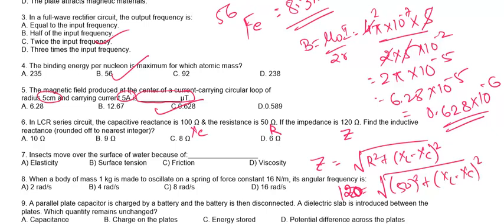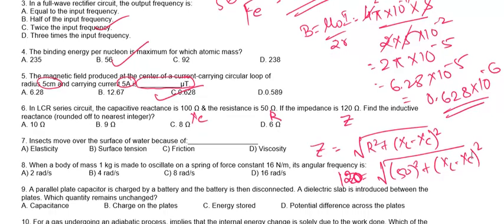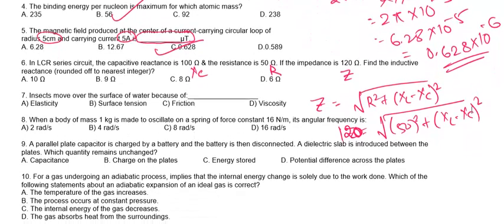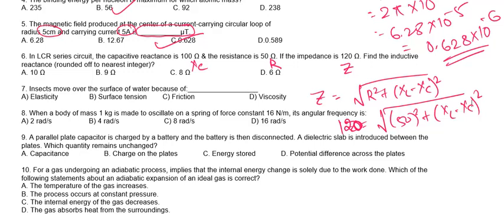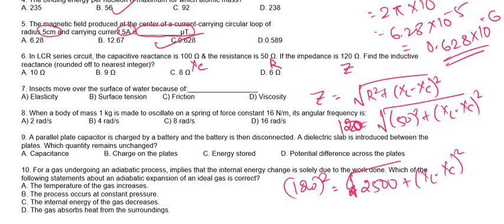ठीक है. Now what do you do first? Take the square root to the left side. Square root ले लो left side में. When you take the square root at the left side, what will happen? It will become square. So that will become 120 का square. ठीक है. तो इधर आ जाएगा 120 का square will be equal to, root हट जाएगा, 50 का square कितना हो जाएगा, 2500 plus XL minus XC the whole square. Now how much is 120 square? 12 का square 144. So 14400. 2500 इधर आएगा तो क्या बनेगा, minus 2500 equal to XL minus XC the whole square.